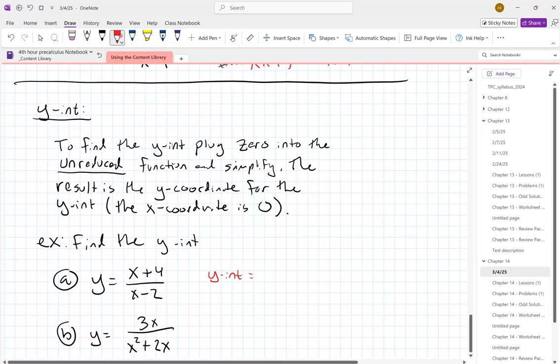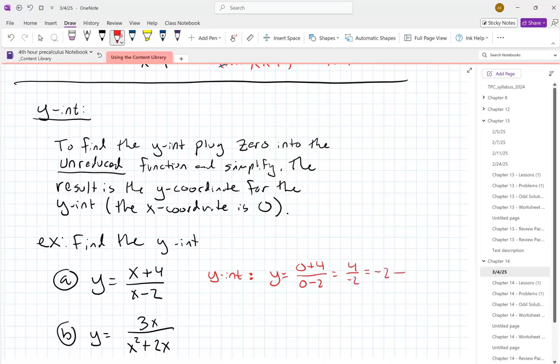So again, we don't have to worry about reducing to do the y-intercept. I just plug 0 in,